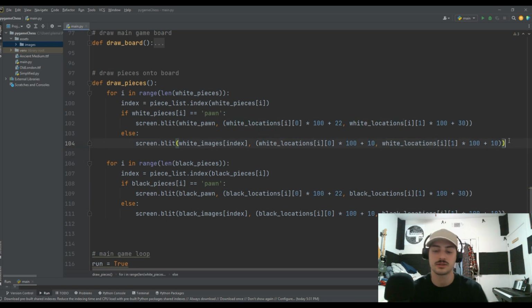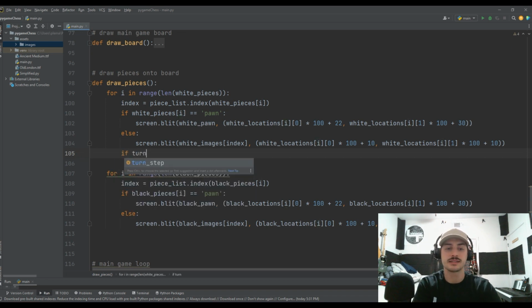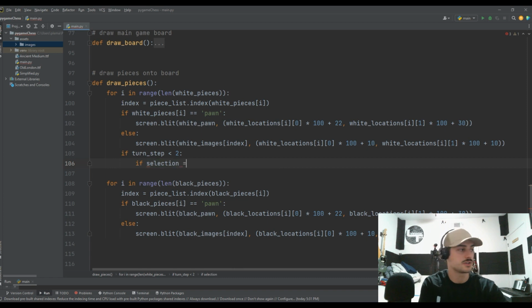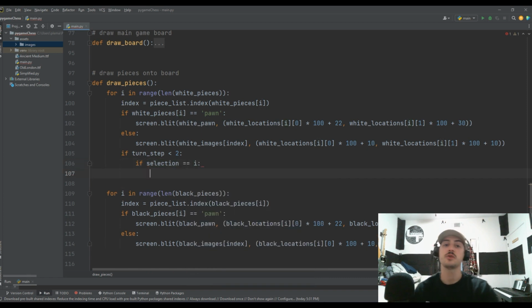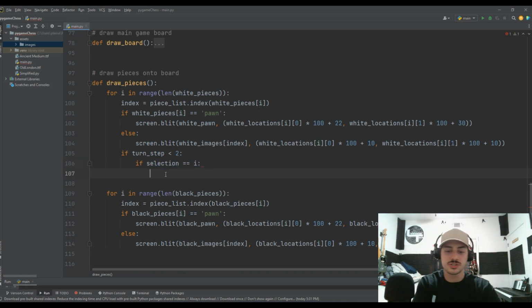Let's go ahead and handle just one extra thing here, and let's actually highlight whatever piece is selected, okay? So obviously we're not actively selecting stuff yet, but when we are, we want to make it clear to the player that they have a piece selected and what piece that is. So to do that, let's go ahead and say if turn step is less than 2, because that means that it's the white player's turn. If selection is equal to i, okay? And so we know that it won't because it's 100 when we boot it up and we haven't selected a piece yet. But eventually you're going to click on a piece. We're going to capture what index from the list that piece is. And if that's the piece that's actively selected in our draw pieces function,